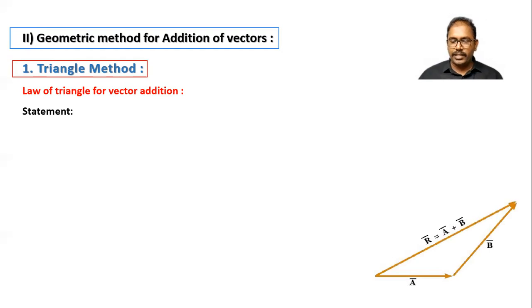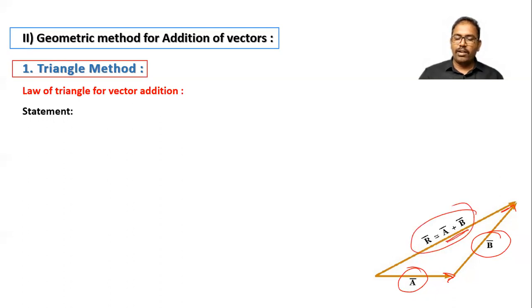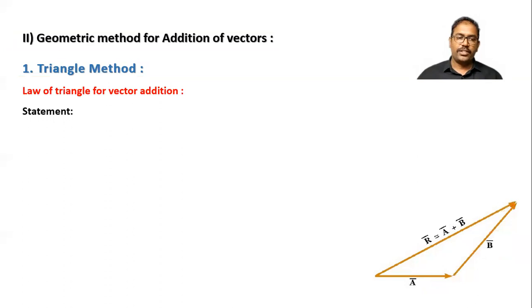See here a triangle. You can see the first side of the triangle shows the first vector A. The second side shows the second vector B. You can see the direction also here. So the first side shows the first vector, the second side shows the second vector, then the addition of these two is the third side. You can see here A bar plus B bar, we are getting along the third side. So in the triangle method, the first vector gives the first side, the second vector gives the second side, then the addition is the third side. Here we are considering both magnitude and direction.